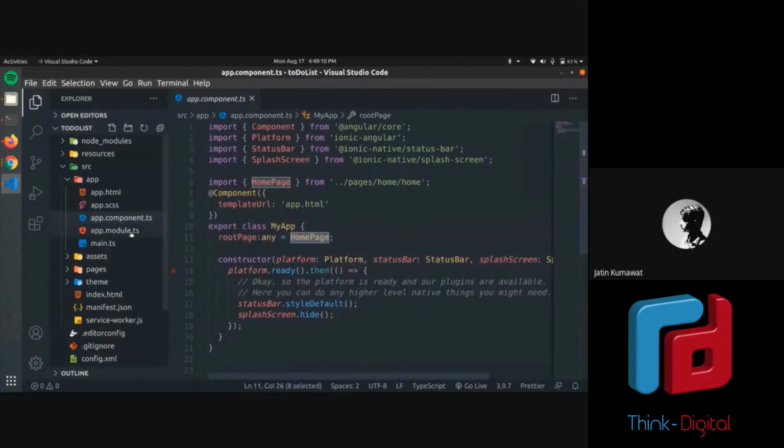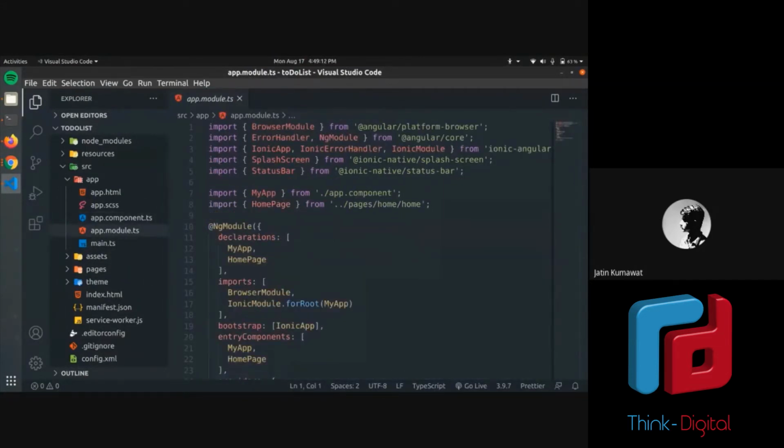Okay, now the next file is app.module.ts. So Ionic uses Angular under the hood, basically a slightly modified version till version 3. From Ionic 4 and 5, that is just pure Angular or React, whichever you want to use. So till version 3, it's just a modified version of Angular.